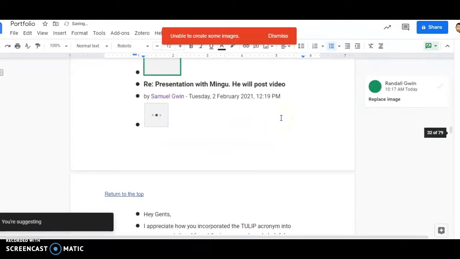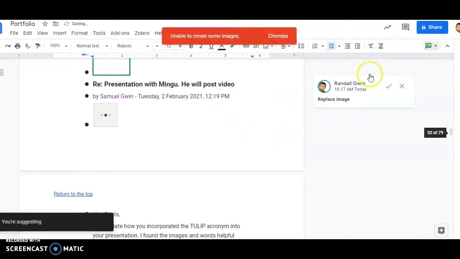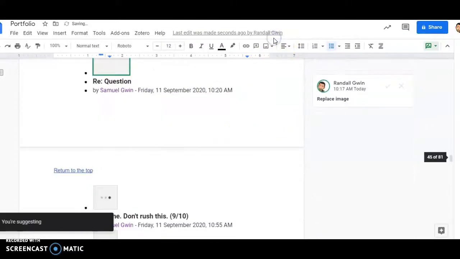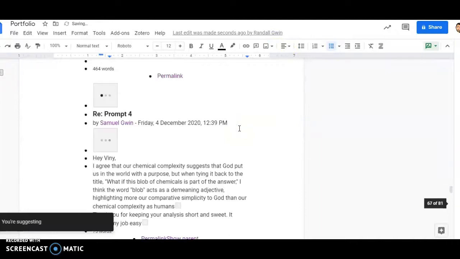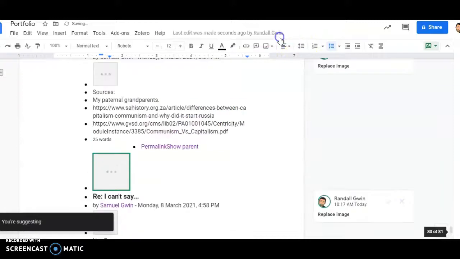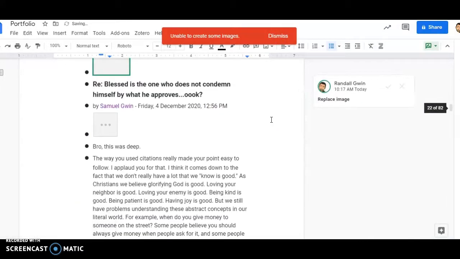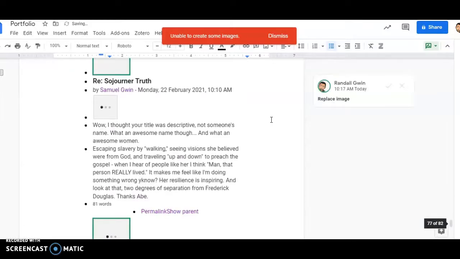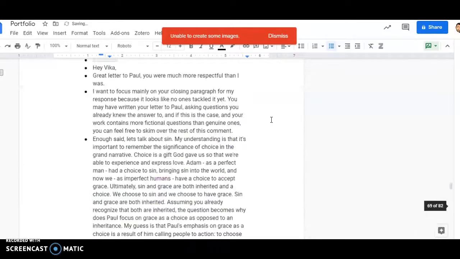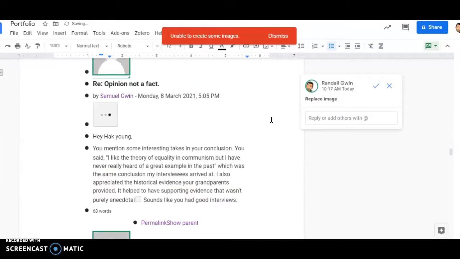And you'll see, it'll take a while. You just have to dismiss the images. But what you'll end up with is all the stuff that you've written in the entire course, all in one place. And the cool thing is, even if you put in a link to a document or a link to a video, the links will all work when you copy this over. So if you do this with all your courses that you're taking at the end of the year,